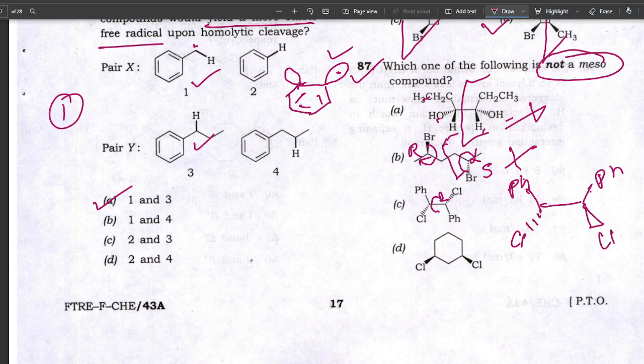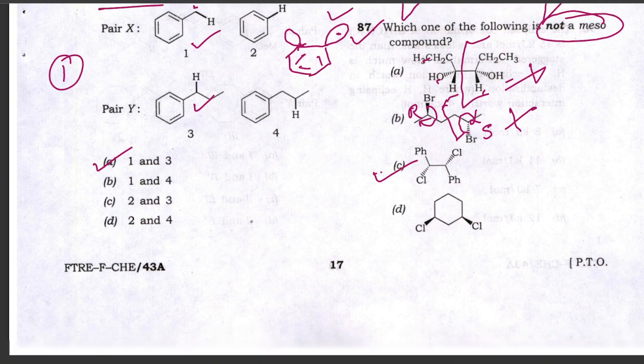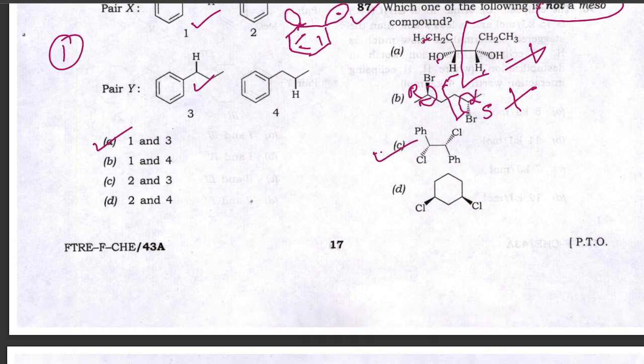If I now put a sigma plane like this, it is not a sigma plane, because if the Cl is upside, it will reflect in the upside, not in the down. So this is not a sigma plane, and nowhere in this molecule does a sigma plane pass. So this molecule does not contain any plane of symmetry, and thus this molecule is not meso. So option C is the correct one. You can easily see that option D is also not, because there is a sigma plane. It's very easy. This is not the option.